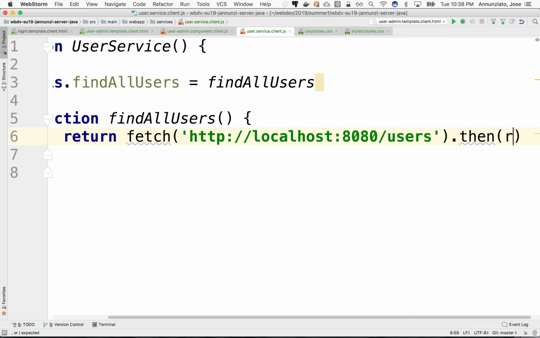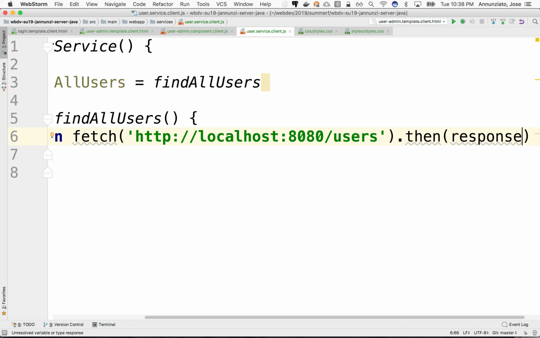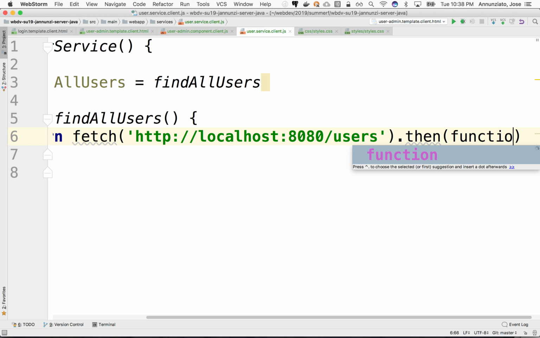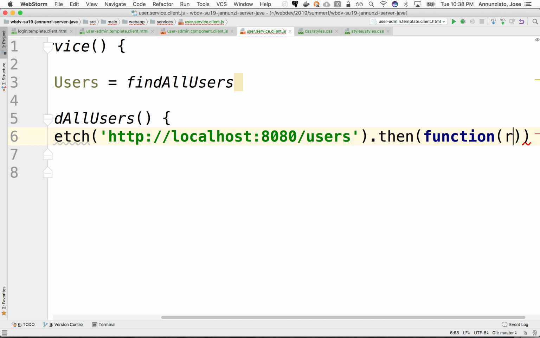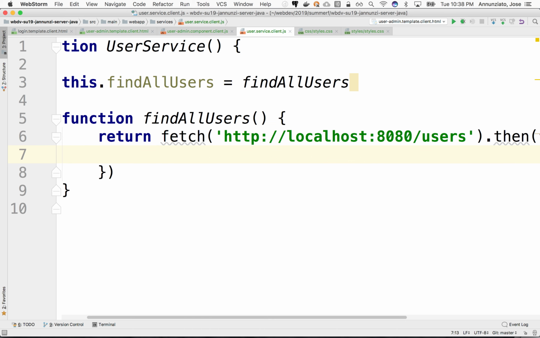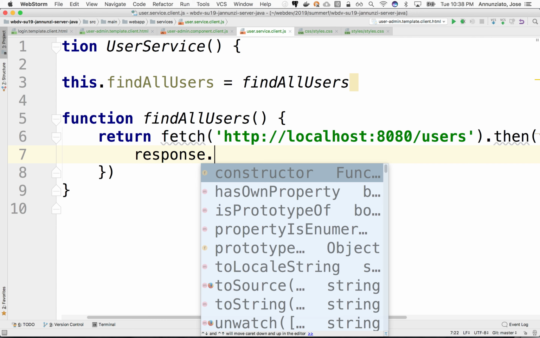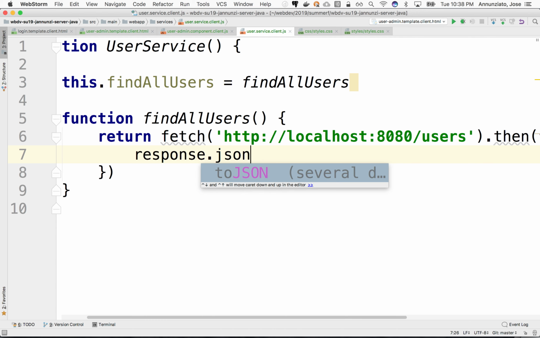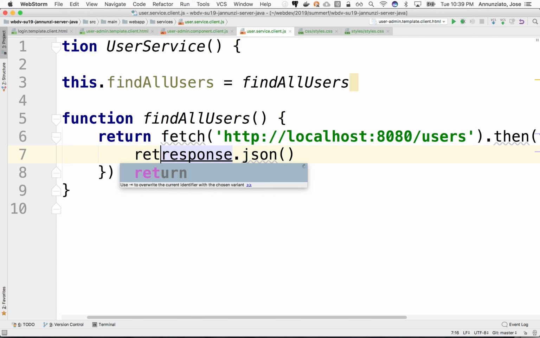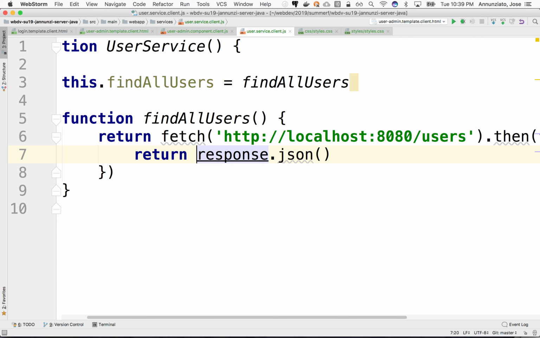This is going to be the raw response. We're going to write a function here that takes the response, and that response has a function called JSON on it, which is responsible for converting whatever is inside the body of that response into a JSON representation, and that's what we return.